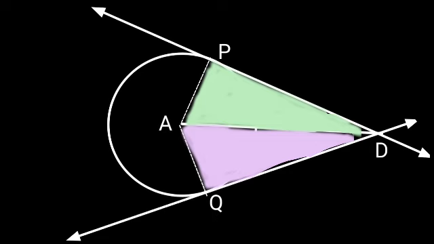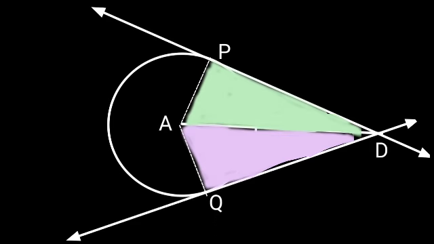P and Q are the touching points of the radii AP and AQ, hence angle APD and angle AQD are 90 degrees, and AD is